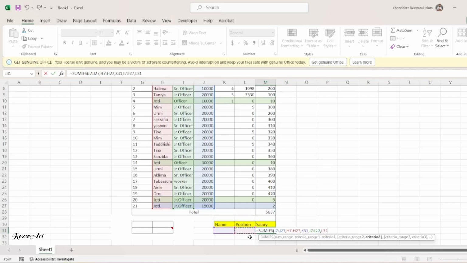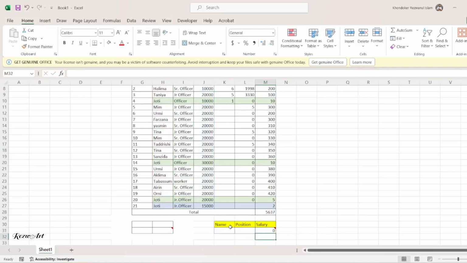After selecting all the cells, just close the bracket and press enter. As I didn't write anything yet, the salary is 0. So now I will write down the name of Jyoti